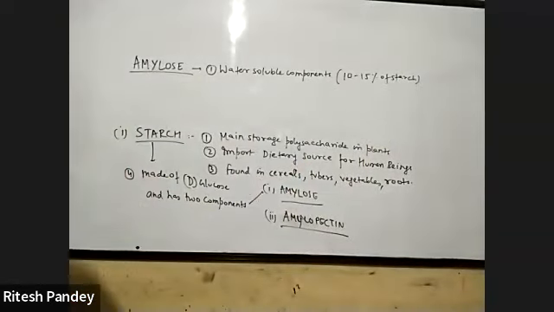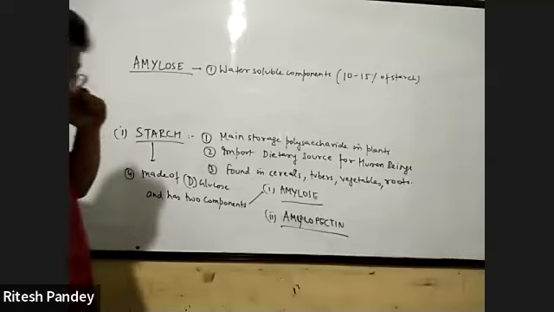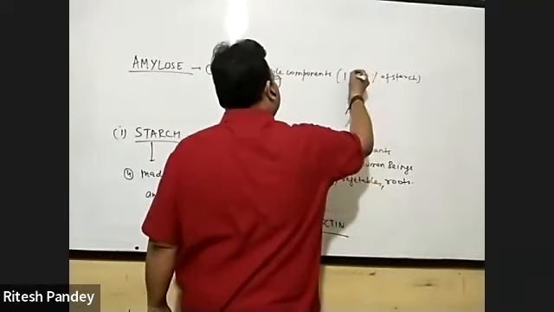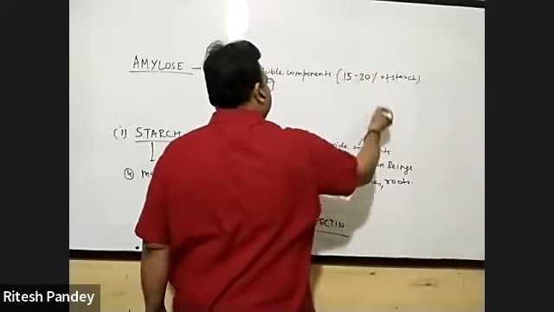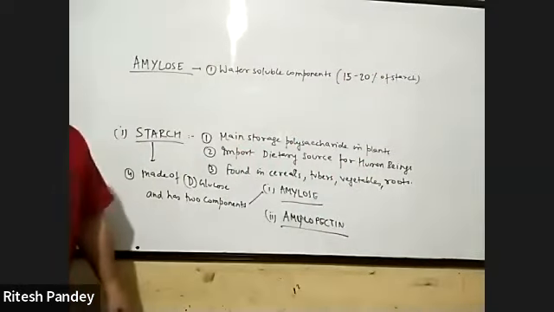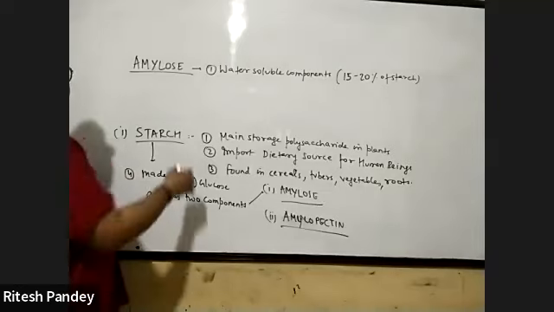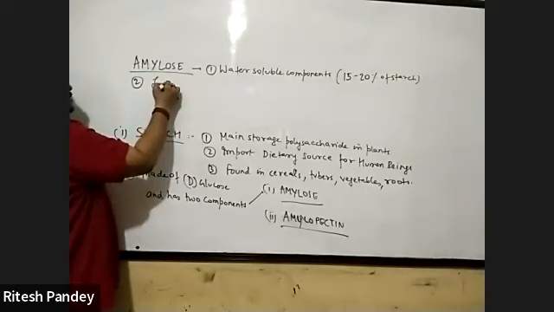Let me check. In NCERT, it's given 15 to 20%. It's composed of 200 to 1000 alpha D glucose units. So it's supposed to be long,